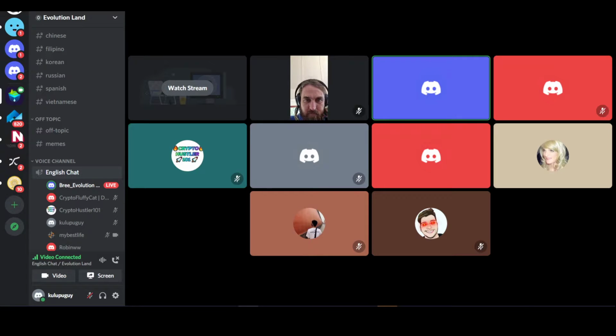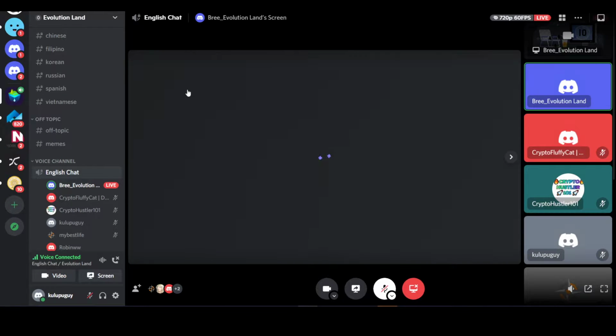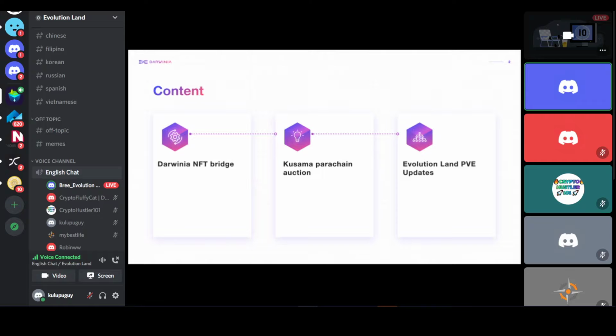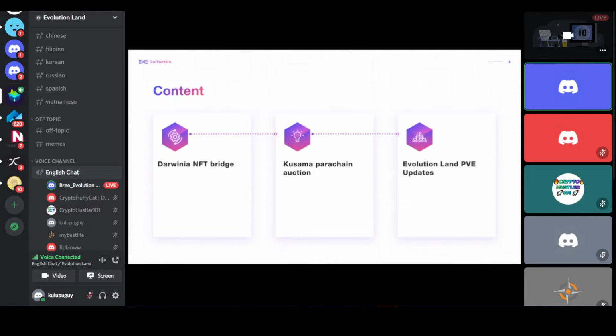So first, let's look at the content for today. Robin is going to share some tech details of Darwinia NFT Bridge. And then I'm going to share some utilities of Darwinia Bridge as well as NFT Bridge. And then we're going to talk about Kusama Parachain auction because Darwinia is going for the 5th batch of Kusama Parachain auction. And finally, maybe Tiny is going to share some PVE updates of EvolutionLand, or we can talk about